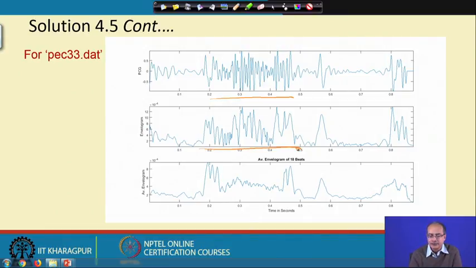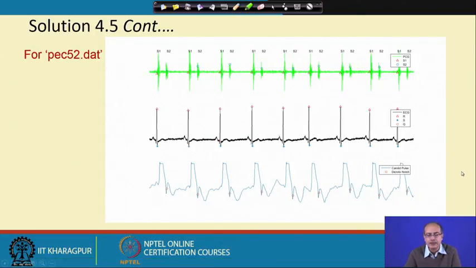In fact, in intermediate portions also you see a lot of peaks. However, when you go for the average envelopegram, S1 and S2 come out in a much more prominent way. So, that is the benefit of going from the envelopegram to the average envelopegram. Now, let us look at the third one, which seems to be again a better signal,